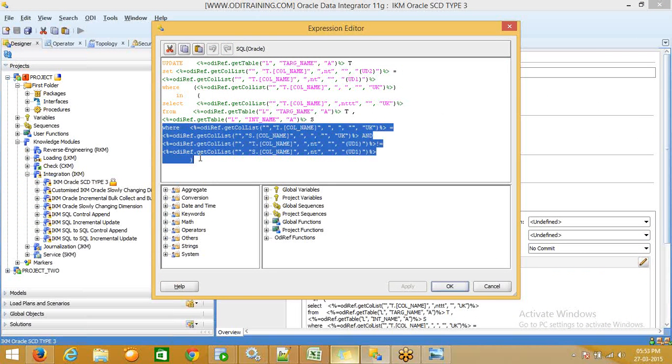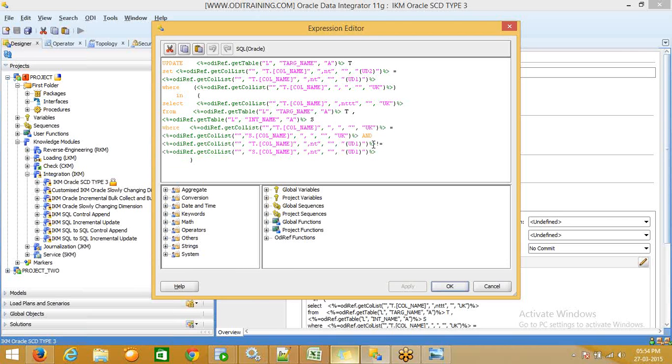Means your source column data current salary, and the target column salary data. If not equal, that means the salary is updated in source. Then I am going to update in another column in the same table, target table only. That's why you can see here